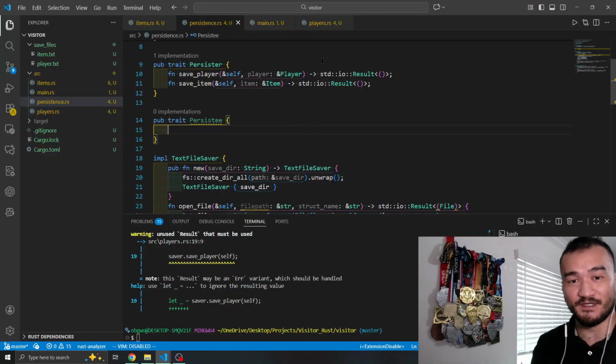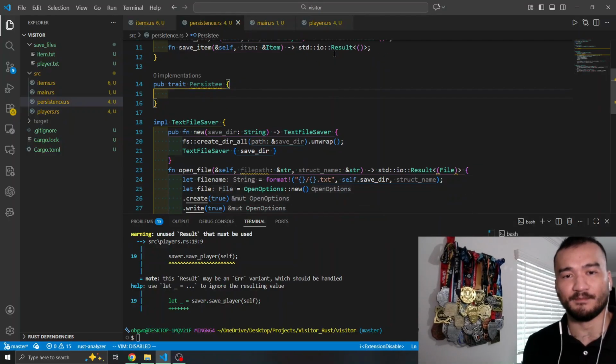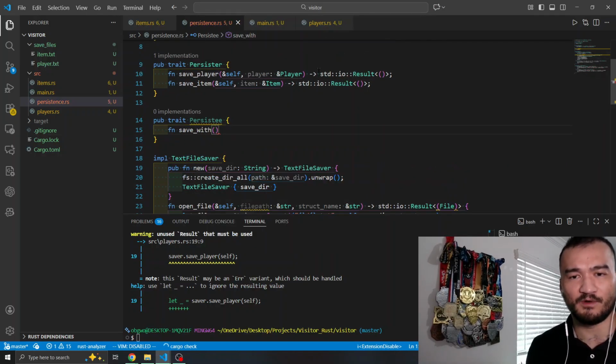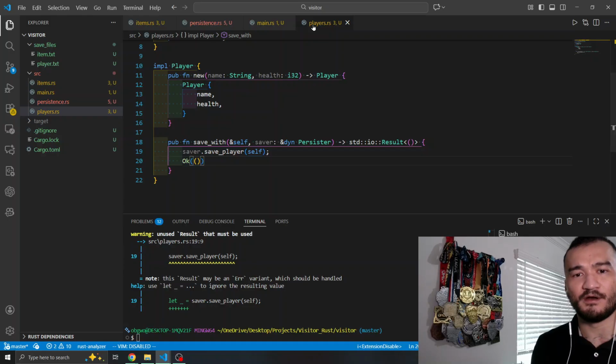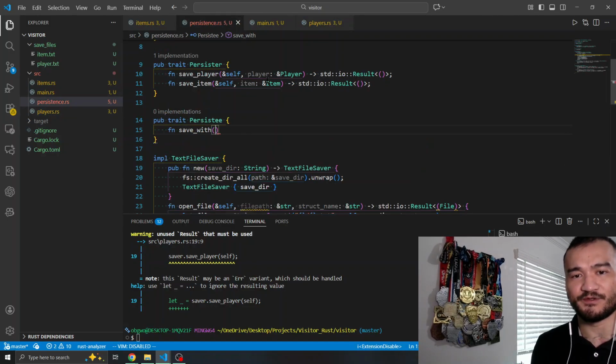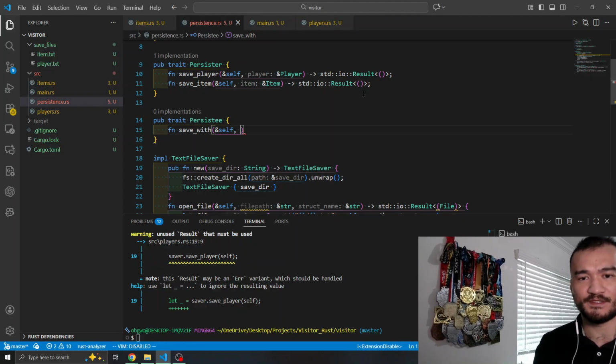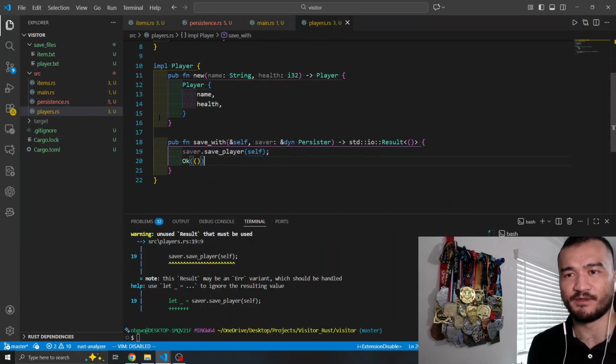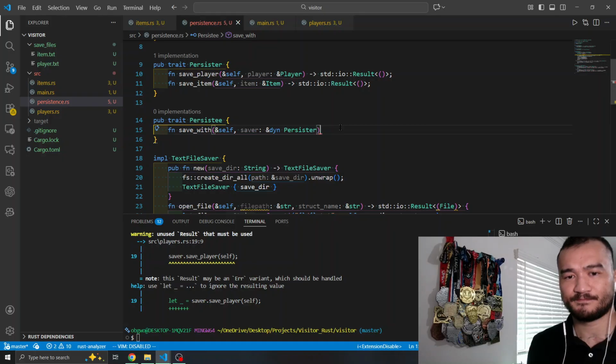All right, so persist_d, we're gonna implement the save with function. Let's see what was in the save with function here. Self and the persister. Okay, so self and then the persister is gonna be saver. Okay, so it's basically the same as the function method of this, and we're gonna return